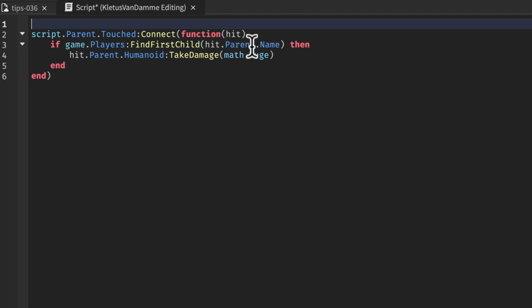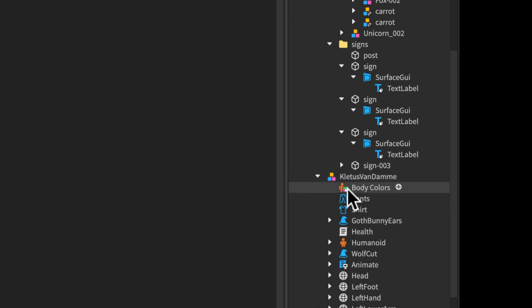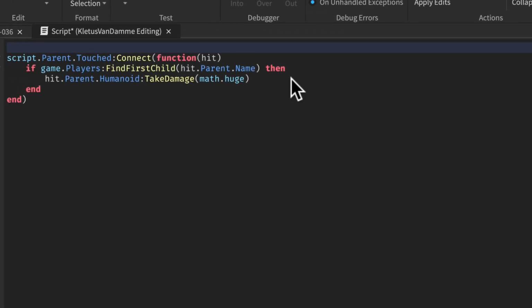FindFirstChild, hit.Parent.Name. So hit is the object that hit the block. So we're going to say that person, their parent, and the name of it. So if Cletus Van Dam had a left foot that hit the part, this is the parent. So if that parent's name is found in the list of game players, basically saying if the player is alive and playing, then the hit.Parent.Humanoid,